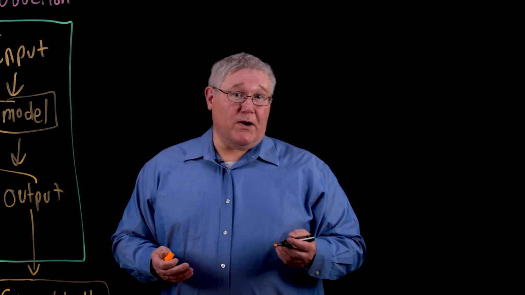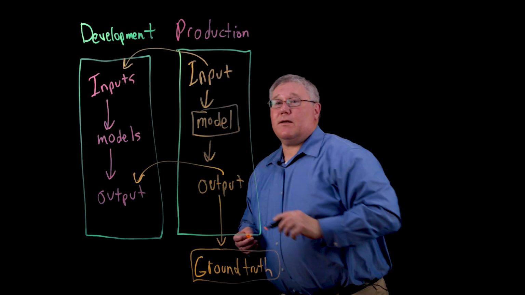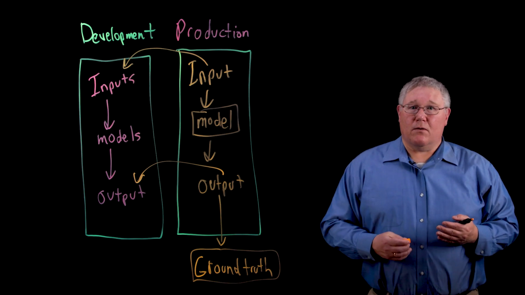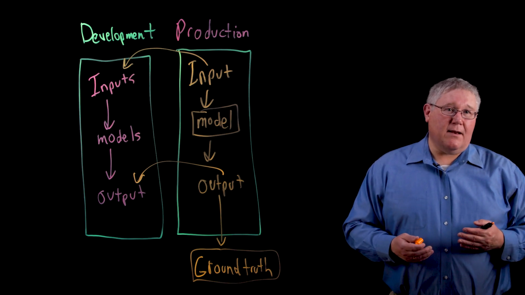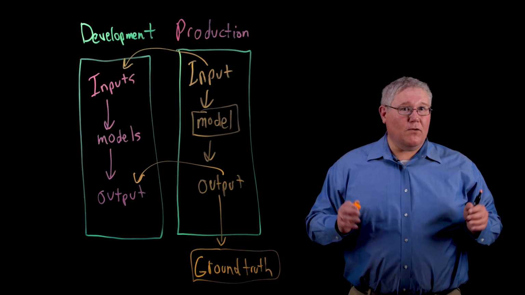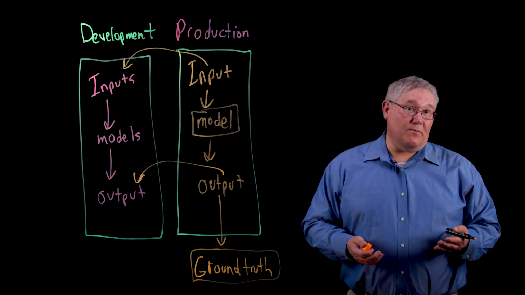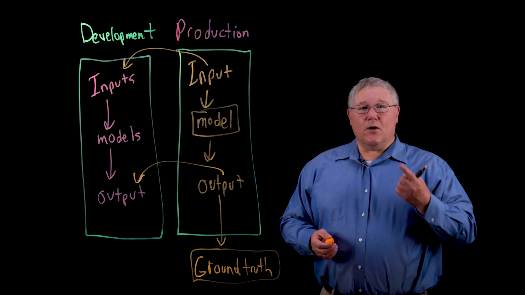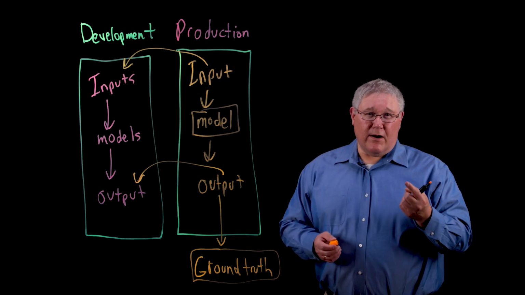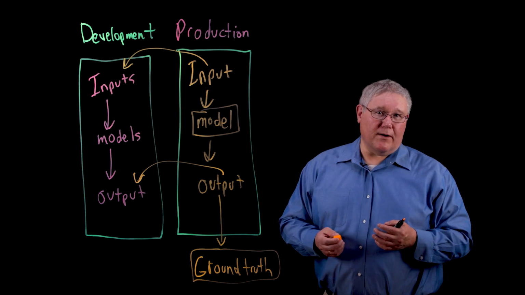We can also compare the input data from production to development. Like if the average age of the data going into our model in development was 25 years, and in production we're noticing that it's 50 years. Whoa, hold on, something could go wrong. We're feeding a lot older group of people into this model. So comparing it to ground truth is sometimes called accuracy. Comparing it to the model in development is sometimes called model drift.